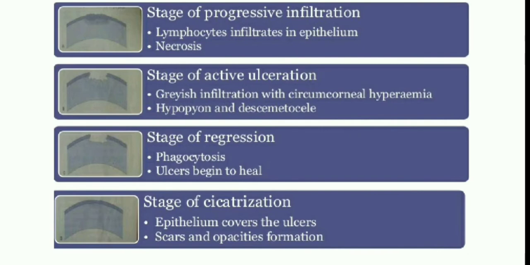The ulcer can either progress laterally and cause a diffuse superficial ulceration, or it can progress deep and cause descemetocele and perforation. That means it can even go deeper into the Descemet's membrane and cause a perforation. So that is the second stage. The second stage was very active. That was the stage of active ulceration.